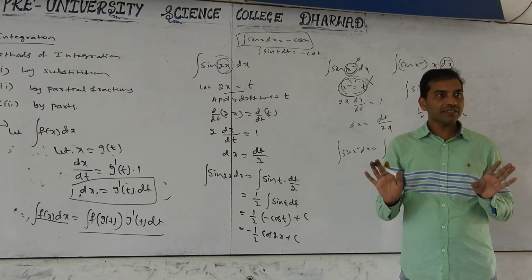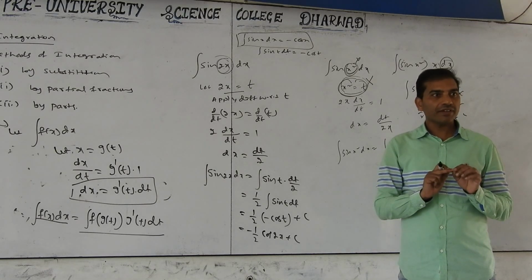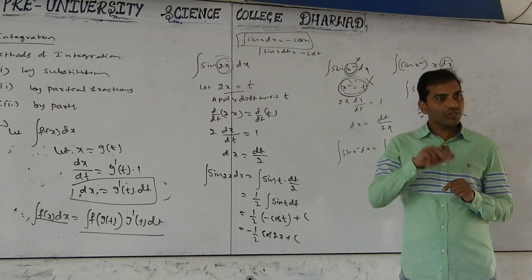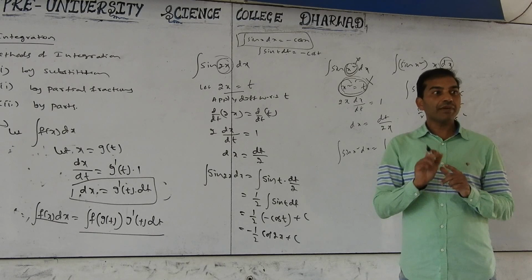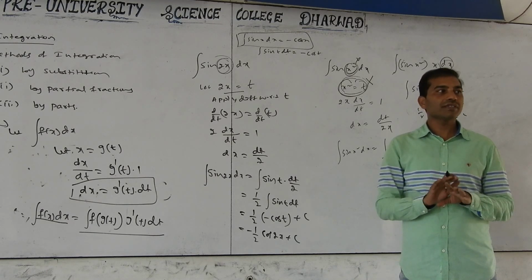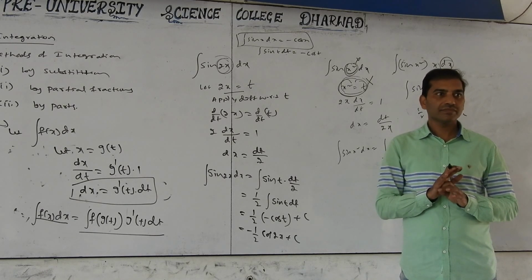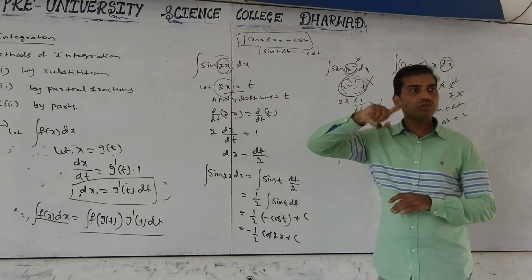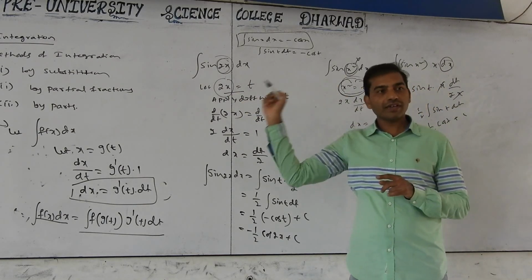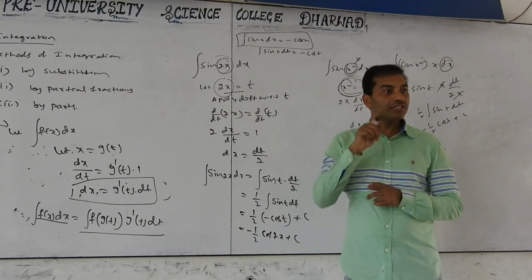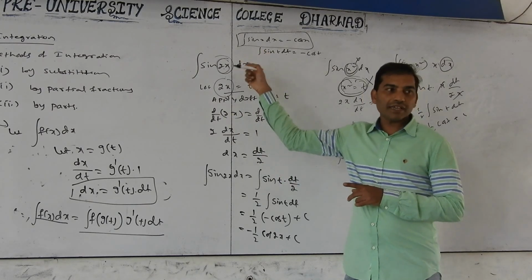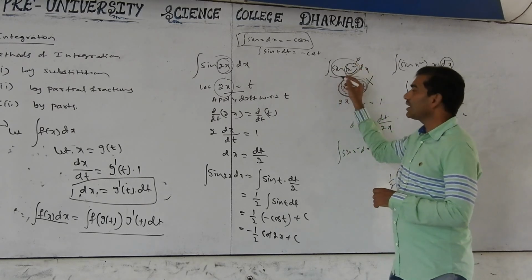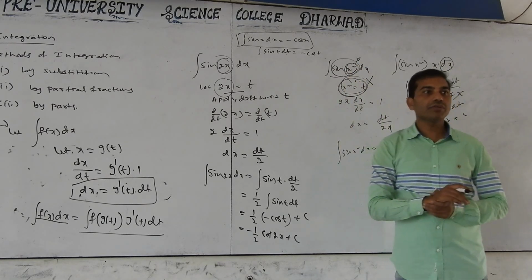The function, consider as t. If the variable is not there, if only a constant is there, even though you can consider it as t. If the variable is not there, don't consider it as t. Got the point? Here 2x equal t, 2x differentiation is 2, a constant, then you can consider it as t. If it is a variable, the variable should be there. x square here, x square differentiation is 2x, but x is not there here, so don't take x square equal to t.